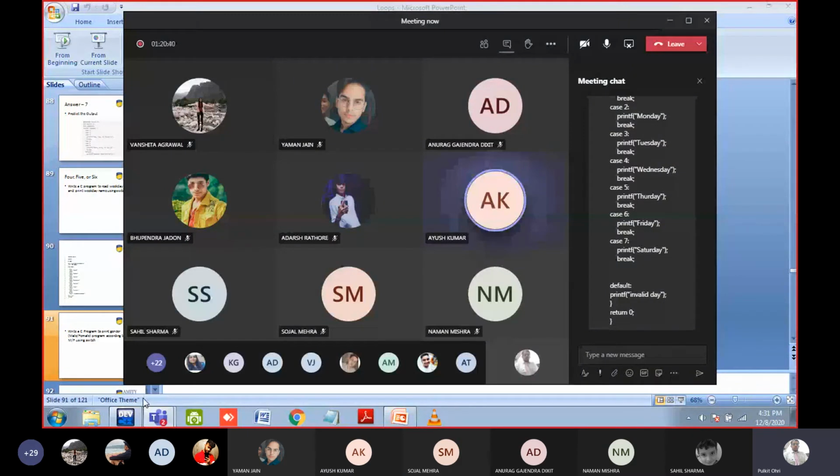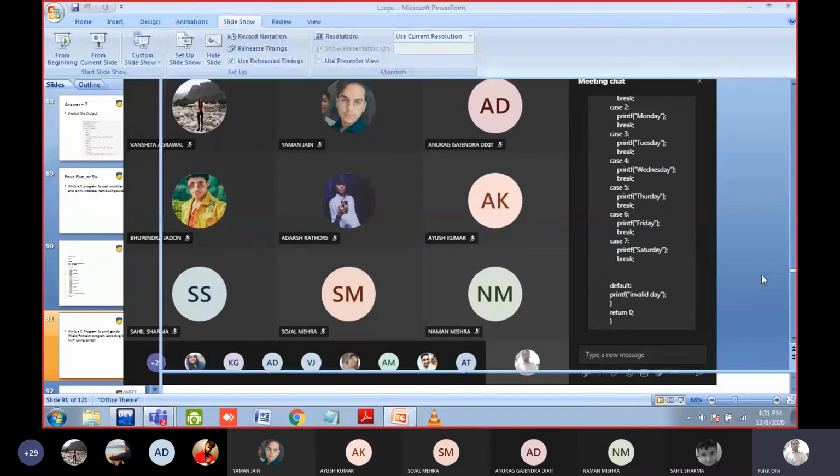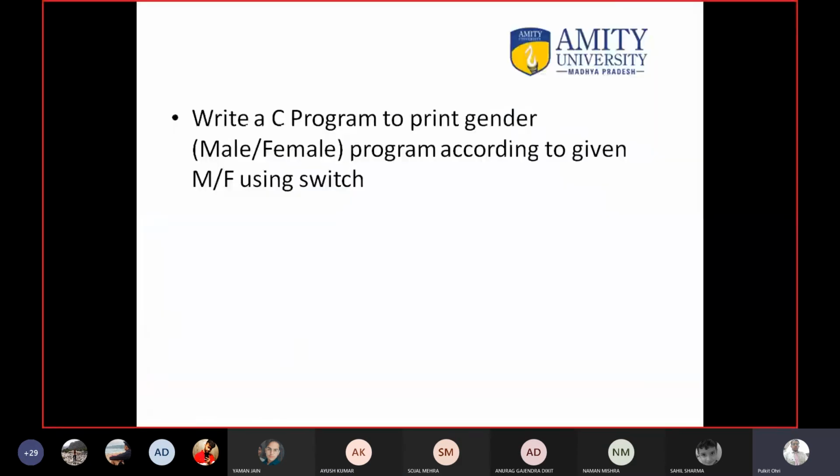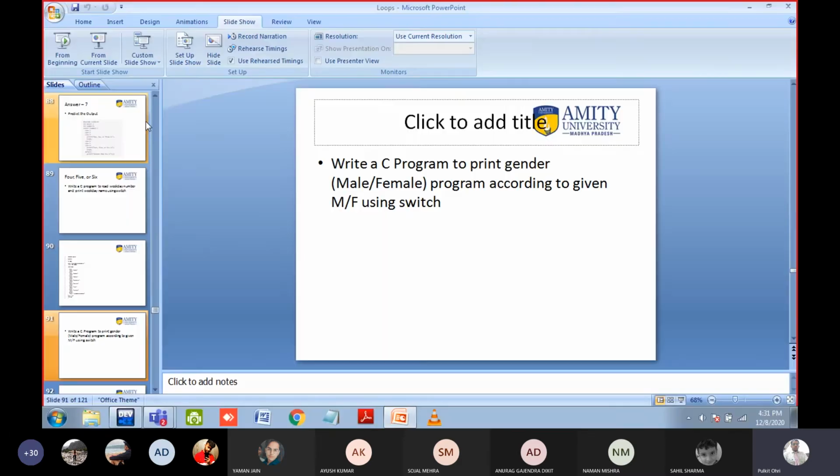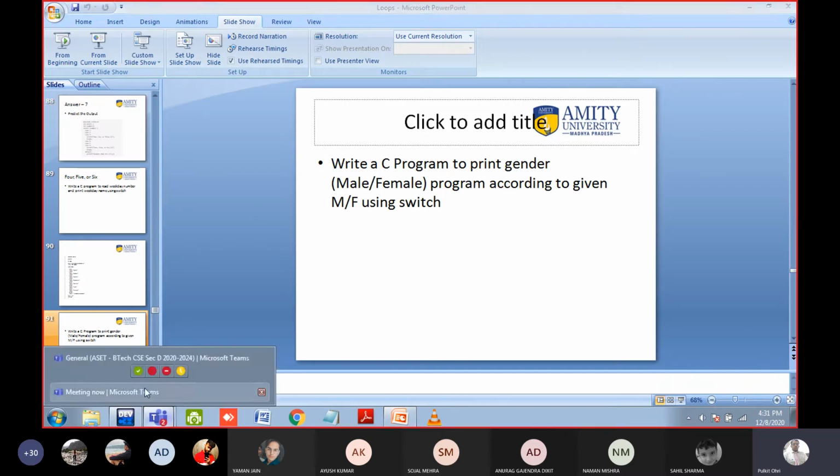Ayush, okay. Do this program, it is very easy, it is simple. Read a character from the keyboard. And if you have entered capital M or small m, just print you are a male. If capital F or small f, you are a female. That's all. Do it as a simple program, but do it by your own. If there is error, I will remove it. Just let me know.